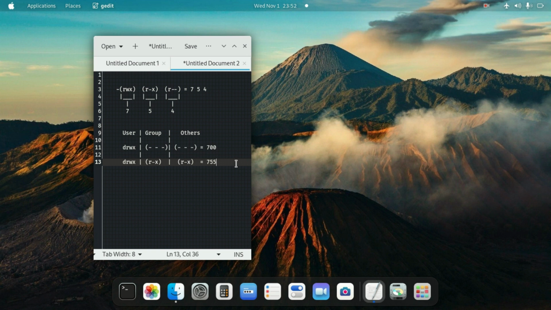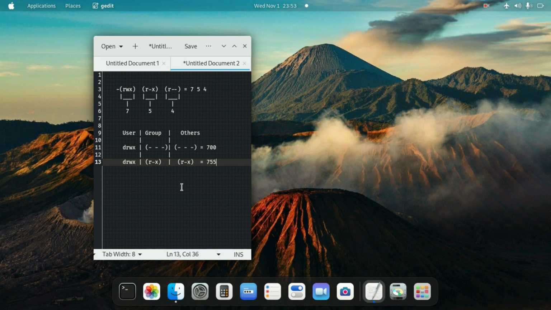The next example is a directory as well, so there's full permission as well for the user or the owner of the PC. The next permission goes to the group. The group has R and X, where R is 4, a dash is 0, X is 1, which makes it 5. We move on to the permission for others, those who have access to our computer as usual. So there is R and X as well. It's only read and execute permissions, which makes it 5. 4